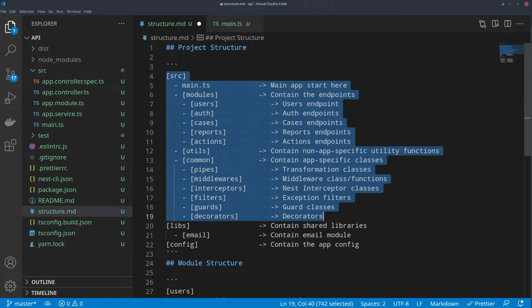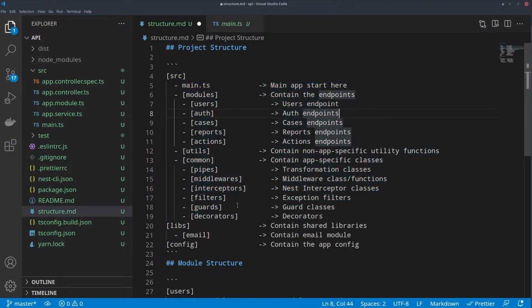So if you don't understand it now, that's fine. The gist is, if you have two or three applications inside a big project and you want to share some code between them,